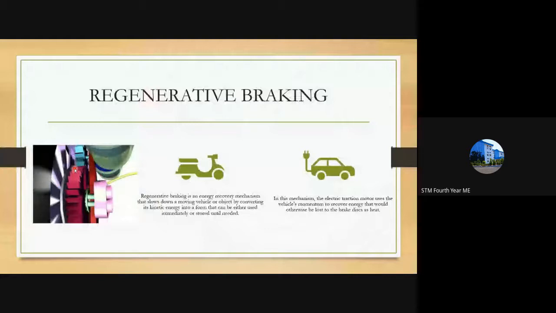Regenerative braking is nothing but using the braking system in the vehicle for generating power. So what is braking? We usually use a brake pad, a friction material provided at the wheel hub. While applying the brake, this friction material comes into contact with the wheel hub. The friction material is pasted on this side, shown here, and once it engages the wheel,